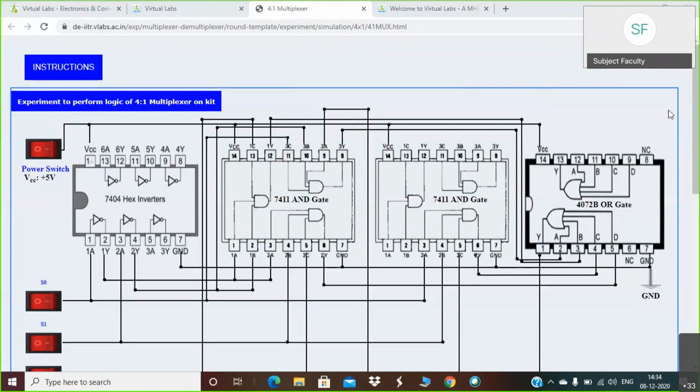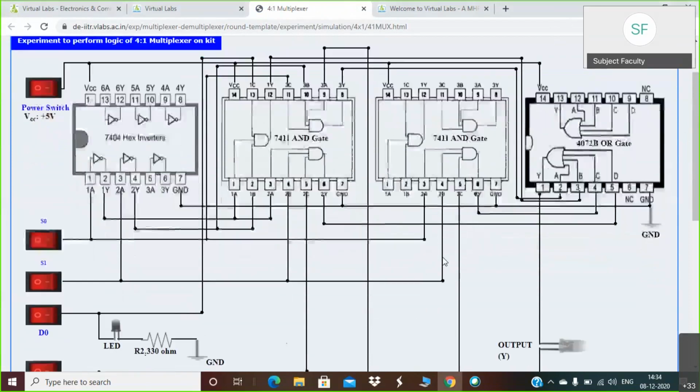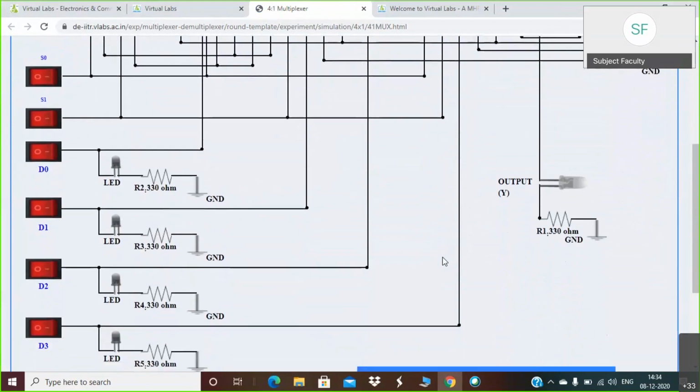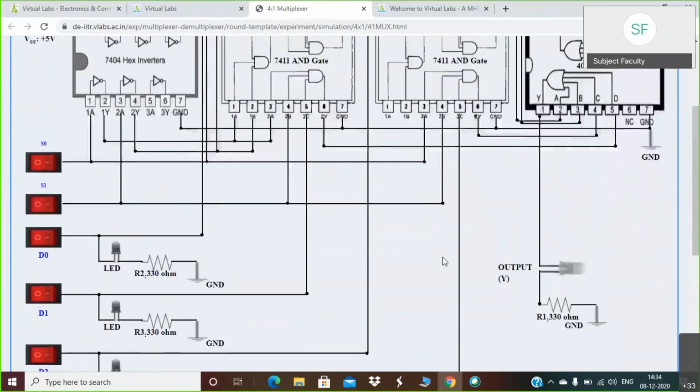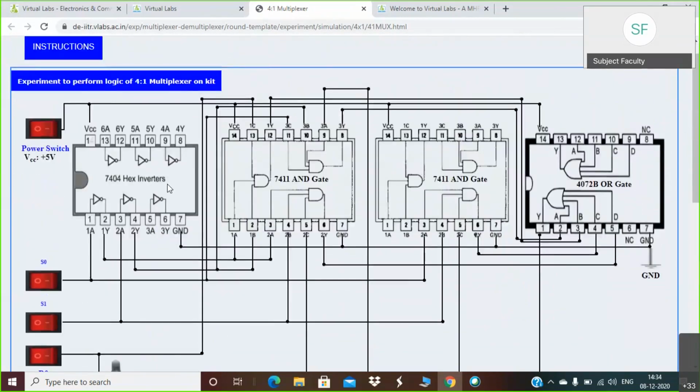When you observe this particular screen, there are a few ICs mentioned here. You can read it as X inverter. So basically this is an inverter IC, NOT gate IC 7404.